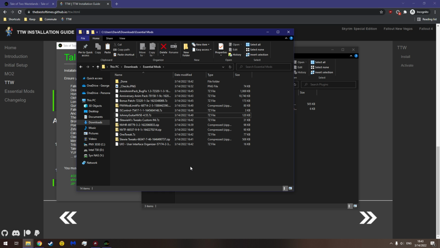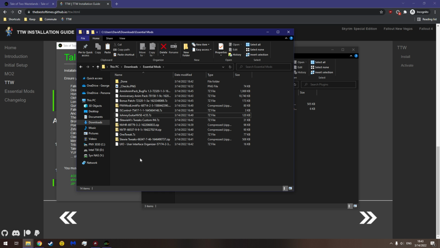Now we are going to cover the recommended mods that aren't necessarily 100% essential, but the developers really would like you to have them. They are under the Essential Mods section. If you install these, your game will run much better. So, you can technically stop here if you just want the bare bones experience, but if you want it optimized,